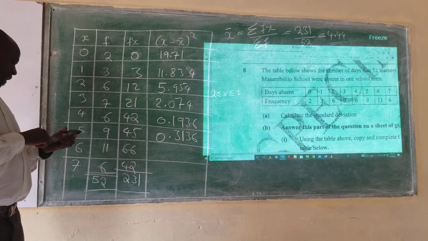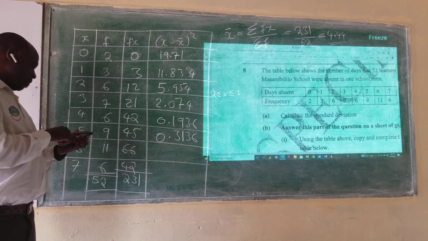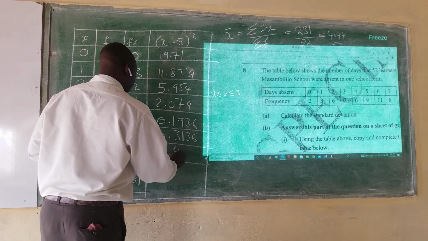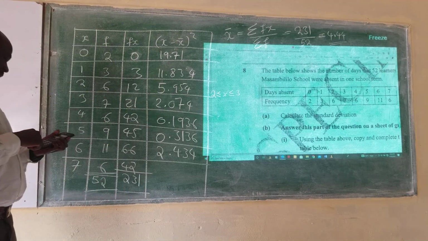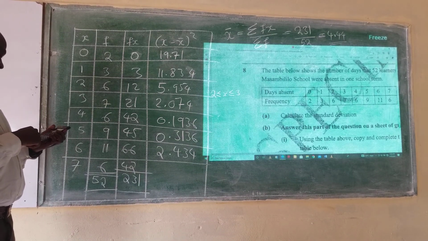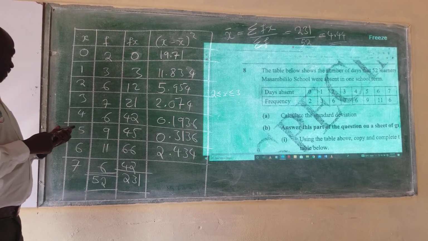Next, we open bracket, we have 6, minus 4.44, close bracket squared, we are getting 2.434. And the last one is 7. 7 minus 4.44, close bracket squared. This is giving us